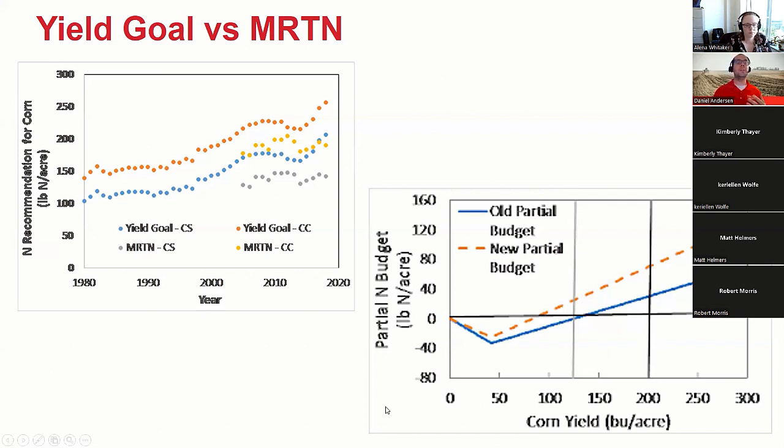Another way to look at this that I have shown in that graph in the bottom right is doing some partial budgets for where does corn grain end up. And what my partial budget really is representing, and this is for a corn soybean rotation, is how much nitrogen I'm putting on relative to how much nitrogen is being removed in the corn. And the reason I have partial budgets old and new is that the USDA estimate used to be 0.8 of a pound of nitrogen per bushel of corn. Now it's much closer to 0.6, oftentimes a little bit under that.